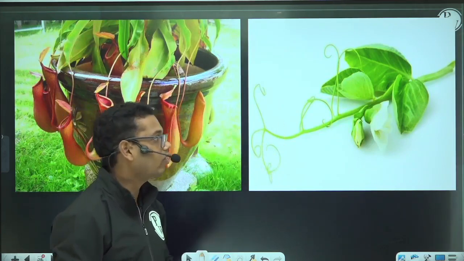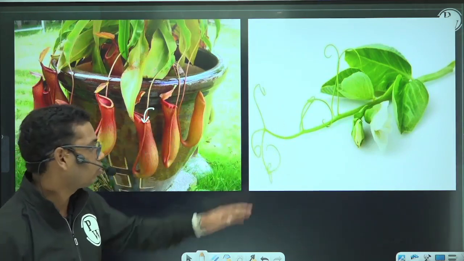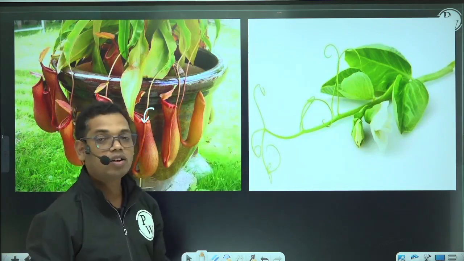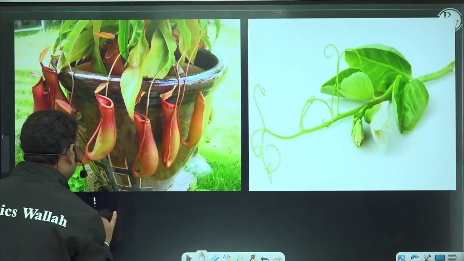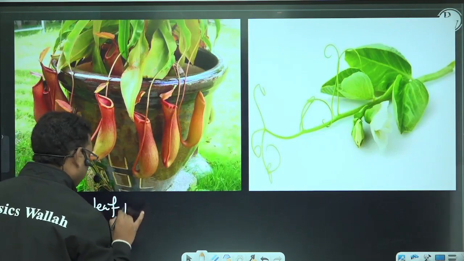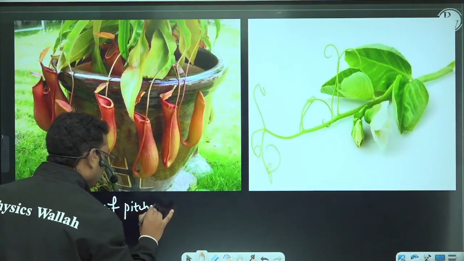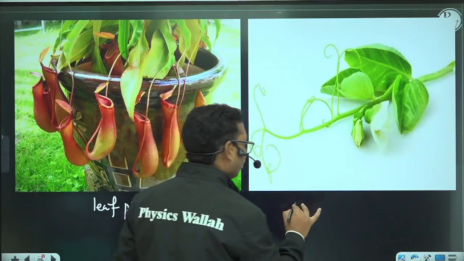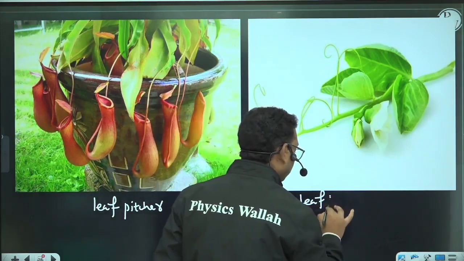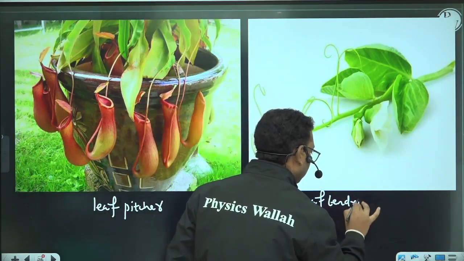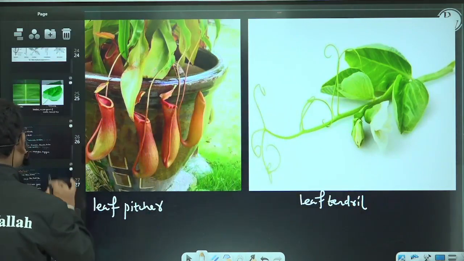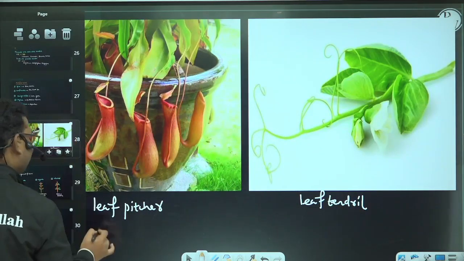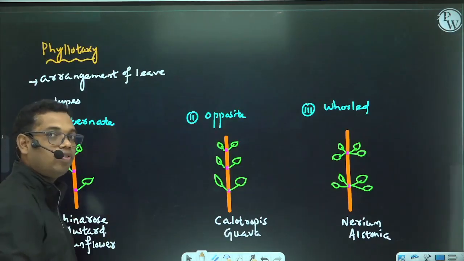Okay, and this is leaf tendril. This is leaf tendril. So this is spiral structure, and these are basically leaf tendrils. Okay, so I can write here, this is leaf pitcher in Nepenthes plant, and this is leaf tendril. Okay, now let us talk about the arrangement of leaves, and the arrangement of leaves on